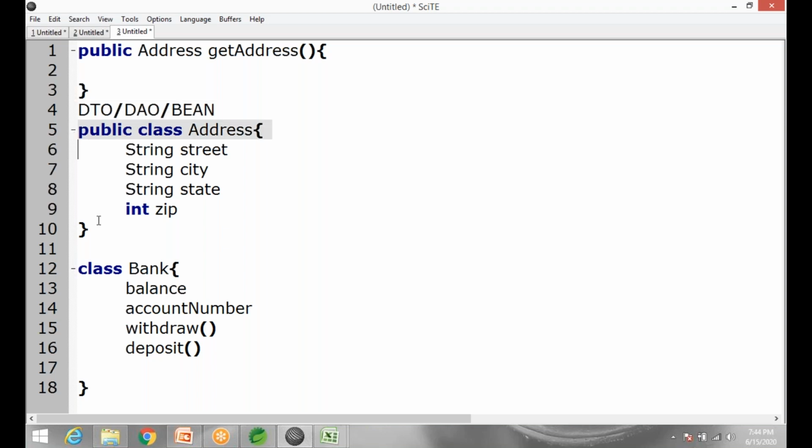Aren't you using the address class just to return to the caller? Its only job is to transfer. That's what the T stands for. This object is only used to transfer complex information. That's all. Do you see any other use of the address class like what you have with bank, withdraw, deposit,